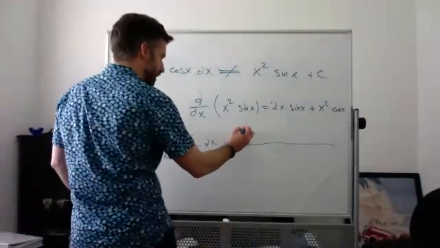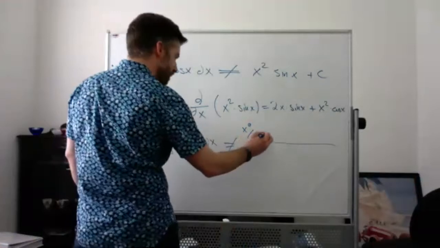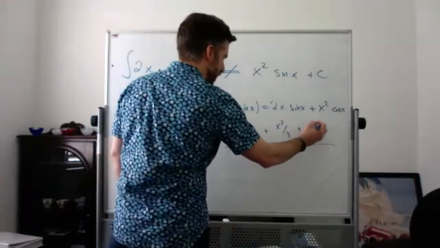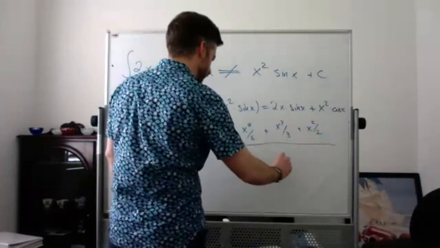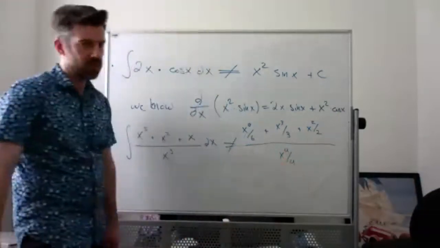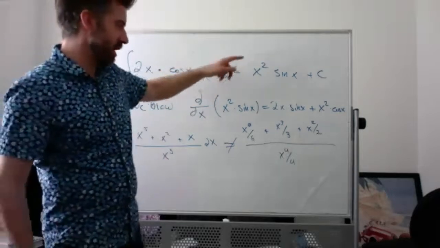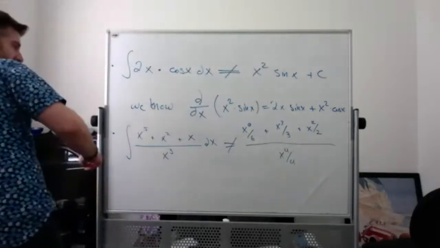I can't do the anti-power rule for each of these things. I can't say it's x to the 6th over 6 plus x cubed over 3 plus x squared over 2 divided by x to the 4th over 4. We cannot do that. It doesn't work that way. And again, the reason why is similar to the reason why here. The reason why it didn't work in that first example